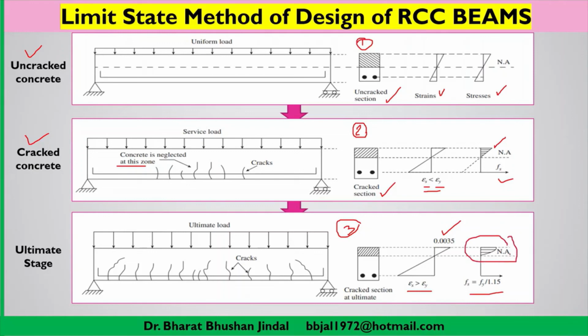Here we have considered the stress graph above the neutral axis, which is compressive stresses. So now it is a non-linear type of diagram. So here I can create a second question: why, when we are switching over from the cracked section to the ultimate stage, is the stress graph in the compression zone taken as non-linear as compared to linear? So this is the second question, the answer to which you can explore from the available resources of information, and just comment in the